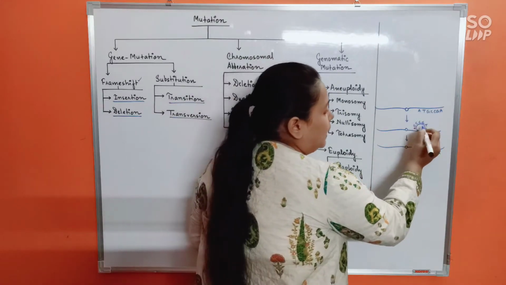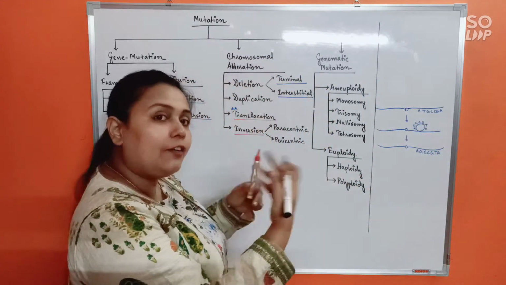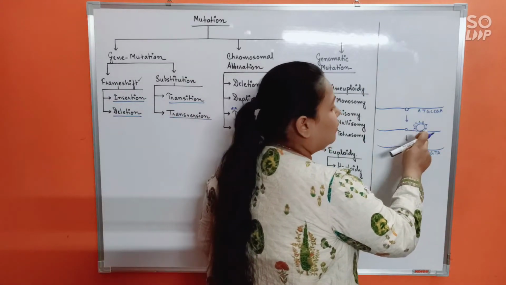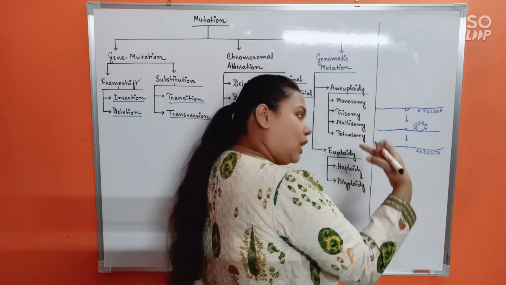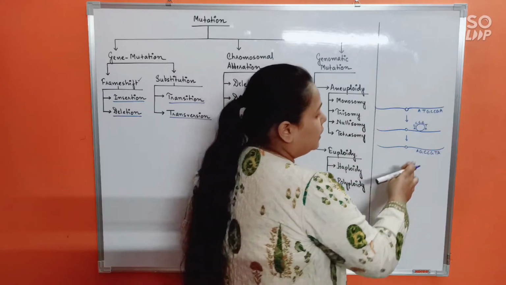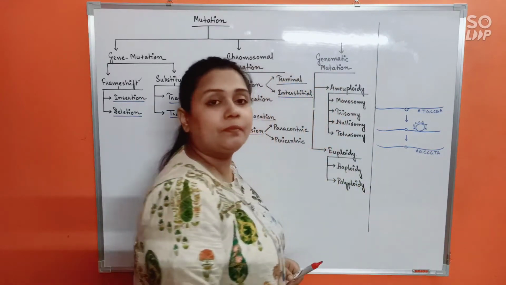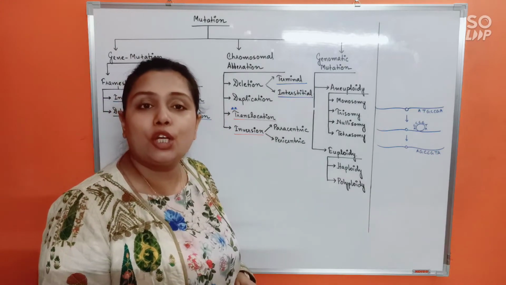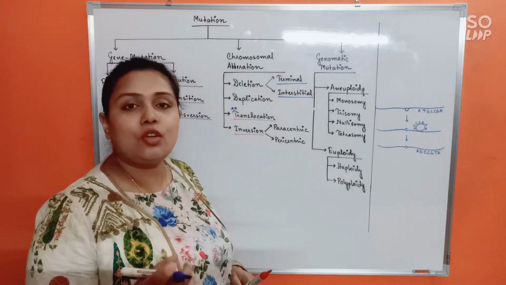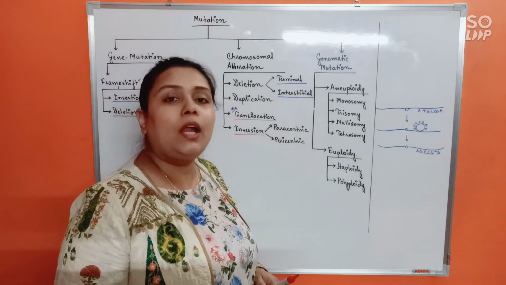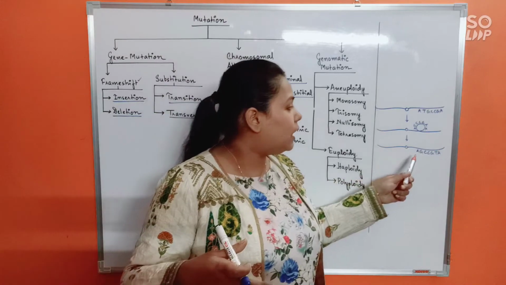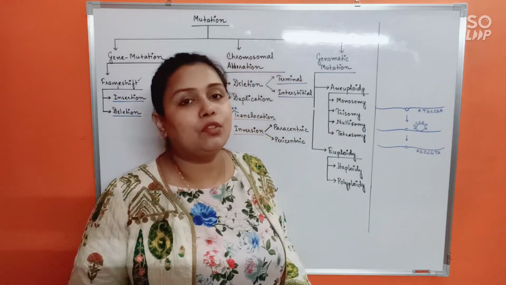If it settles down like this only, without getting unfolded, what will happen? It is finally like a thread-like structure, isn't it? The sequence now will get inverted. So this kind of mutation will be known as inversion, where a section of the chromosome will undergo a 180-degree rotation, and the sequence of that portion will get inverted.